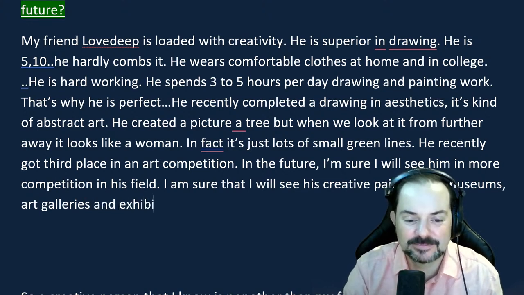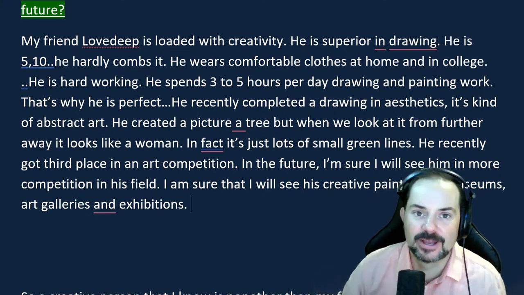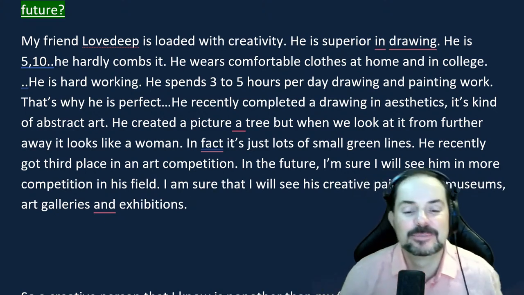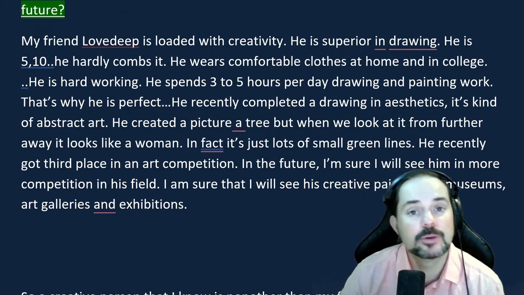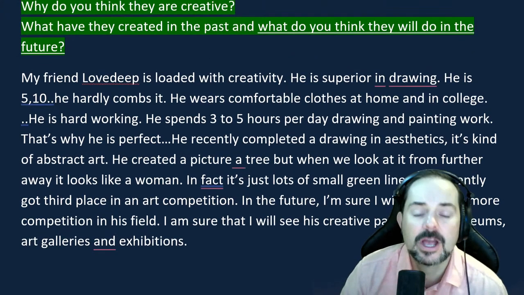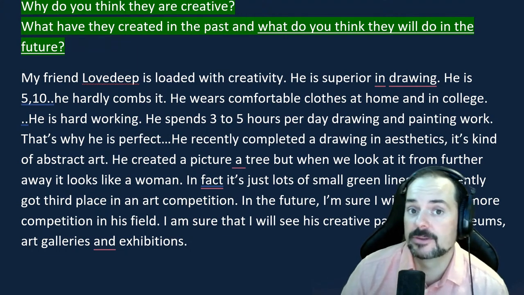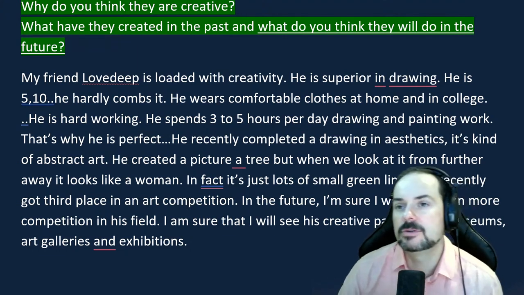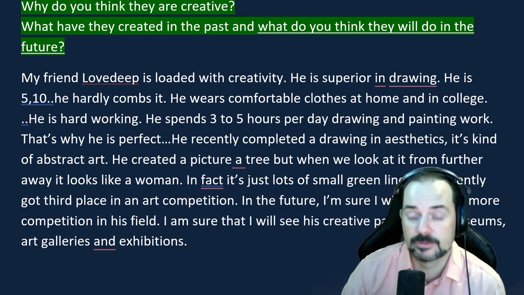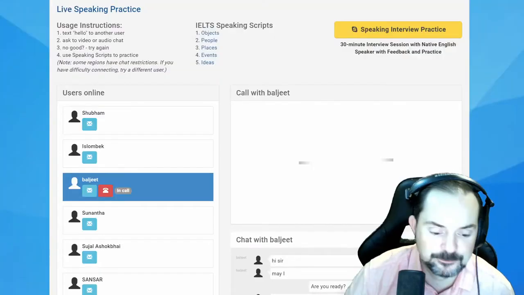Okay, so competition's okay, but keep your thoughts simpler, right? Art, where do we see art? In a gallery, okay? So simple thoughts, and then you're picking up even more vocabulary and lexical resource marks. Nevertheless, Baljeet, you're definitely in the right direction. I know sometimes you've told me you feel like you're not improving, but you're definitely improving. I can guarantee you, okay? Keep it up.